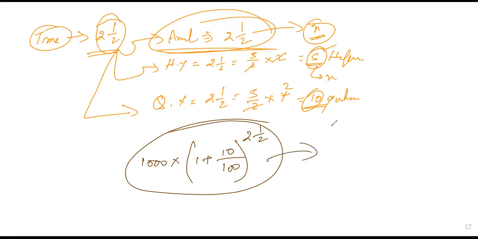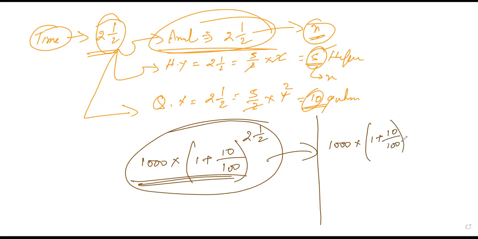What is the rule? You just have to change a little bit over there. Instead of writing in this way, you will write it in this way. Just a minute, I will explain it here. So 1000 as the principal into 1 plus 10 by 100 with 2. Out of this 2 whole 2, you just go for 2 first. And then again you put a multiply and write 1 plus rate, whatever the rate is. So 10 is the rate into 1/2.